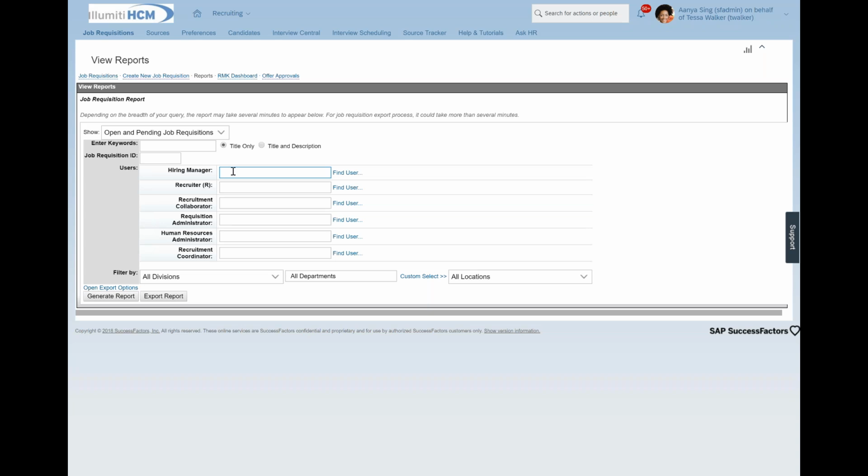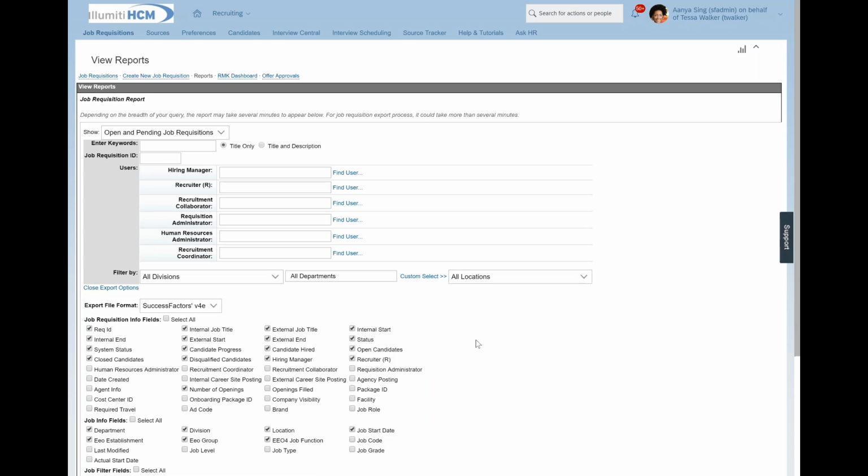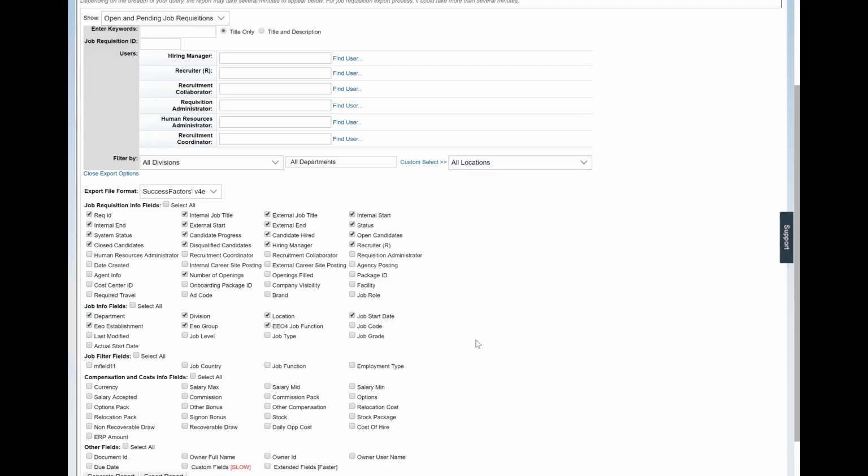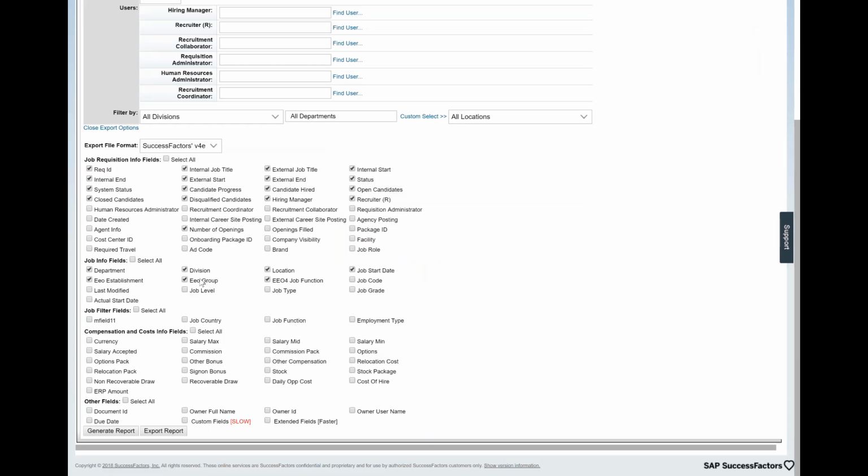So if I wanted to indicate a particular hiring manager or recruiter or particular location, really any of these different fields that I wanted to sort or filter on, EEO group, salary minimum, salary maximum, sign-on bonus, whatever it may be, I can then return instant results for these particular pieces.